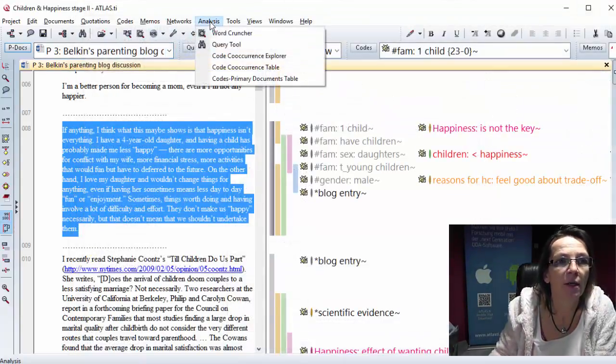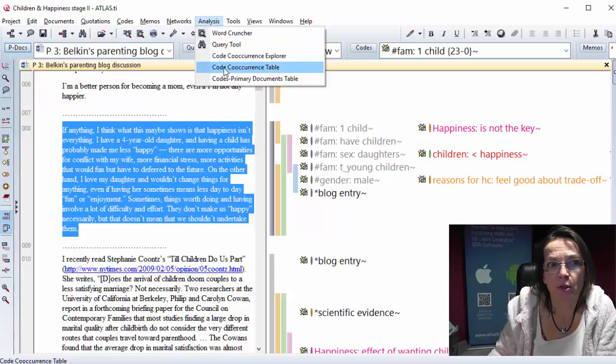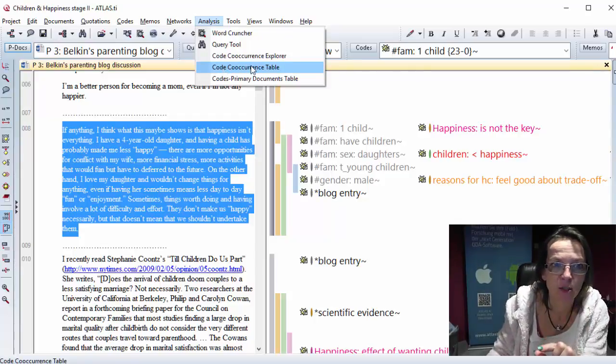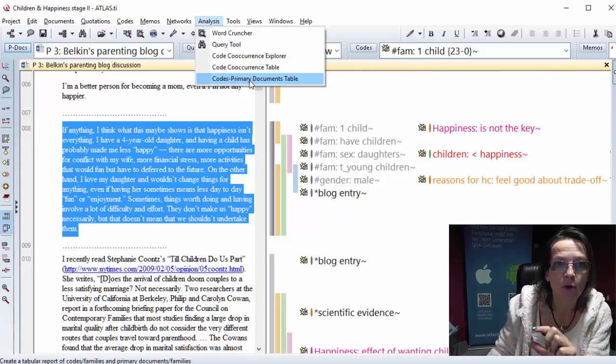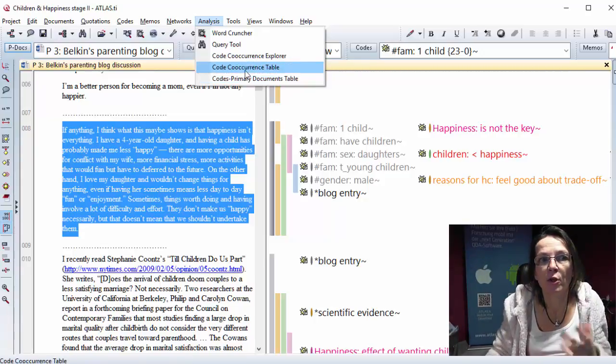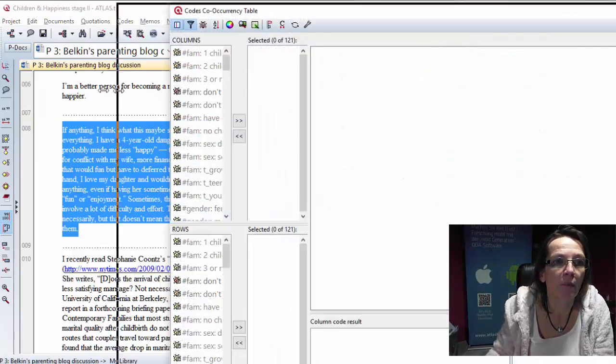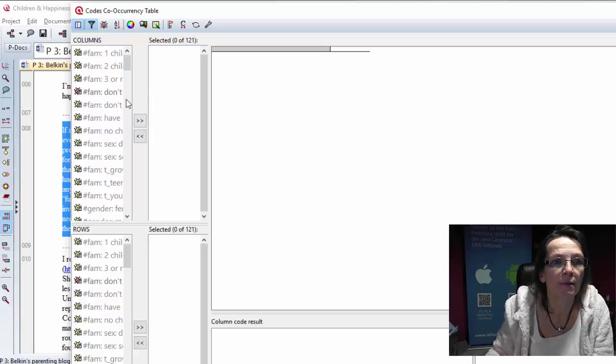I will just run 2 examples here without telling you the mouse clicks, just so you can see that I'm using the code-cooccurrence table if the case is within the document, and I use the codes primary document table if the document is the case. So in terms of analysis, I later on need to know which tools to use based on my decision, what I thought